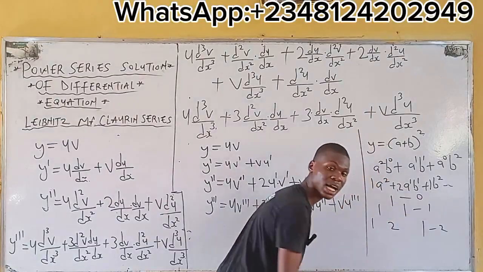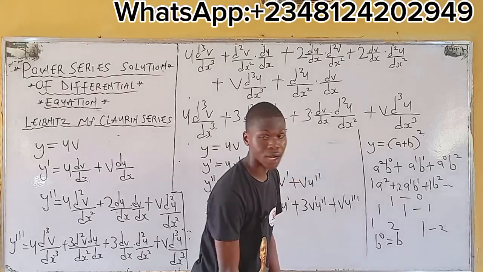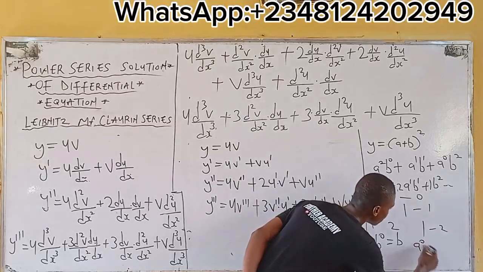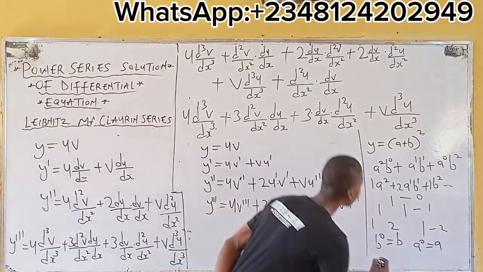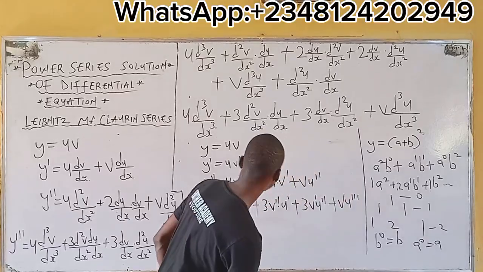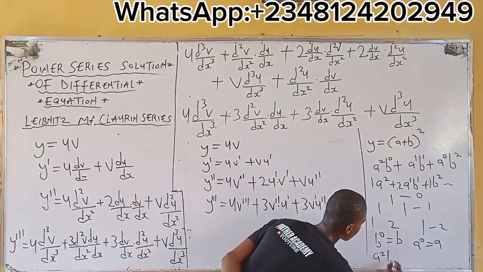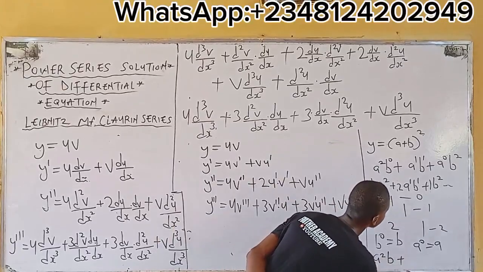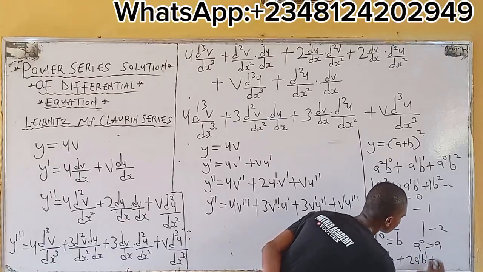Let's assume that b prime is equals to b, and a prime is equals to a. Meaning I have a square multiplying b plus 2a prime b prime plus